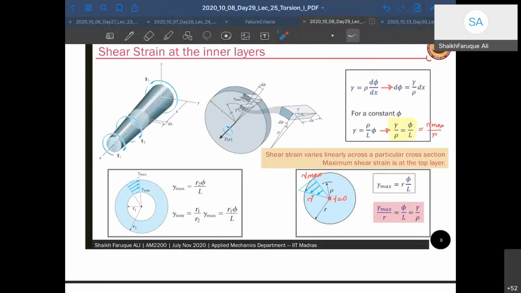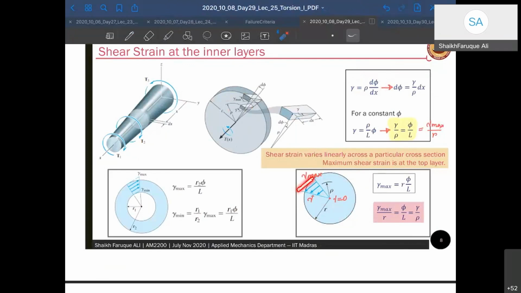starting, the center point of the circle is zero strain, as we discussed, right? This is zero strain because this does not have any speciality, in the sense it does not have any inclination towards any other point. Right? So this is a symmetric point, so it cannot deform in this direction or this direction or this direction or this direction. It has to be at the center because of the symmetry, and it is maximum here at